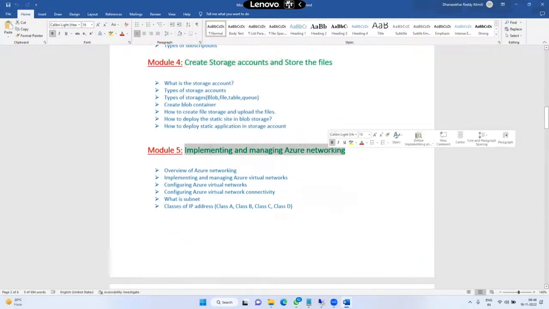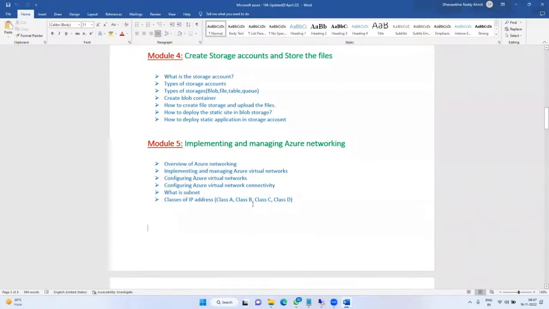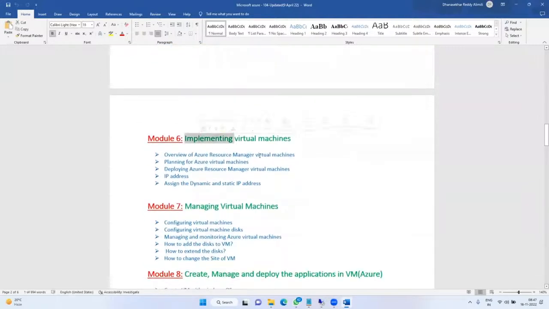Next is networking. What is networking? Networking is the Azure private network. How to create the VPN, how to install and deploy the VPN, that we will see in module 5.